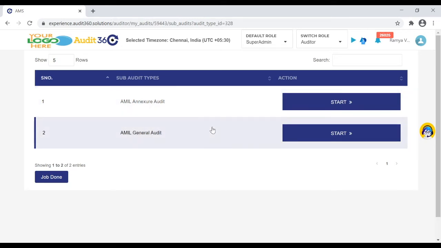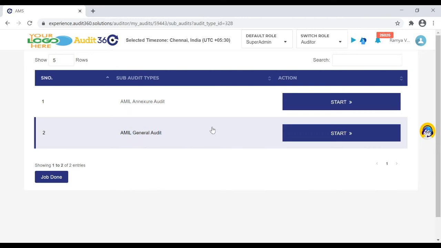The rule we have set for the parallel execution is, whichever auditor picks it. For example, there could be a very minor scenario where the same checkpoint is executed by another auditor, because of the offline scenario, the coordination or the sync would not have happened. But the validation we have brought into the system is, whichever checkpoint gets updated first into the system is considered final, and if there is an edit done by the same user, the edit will be accepted.